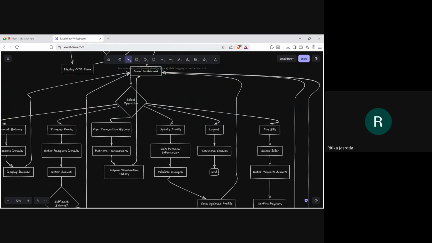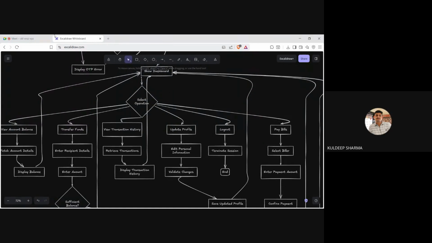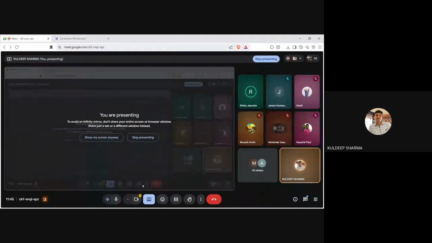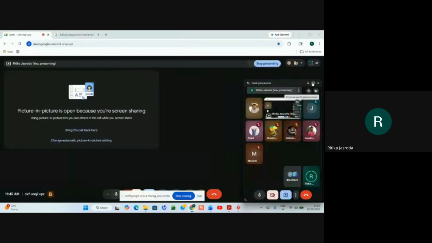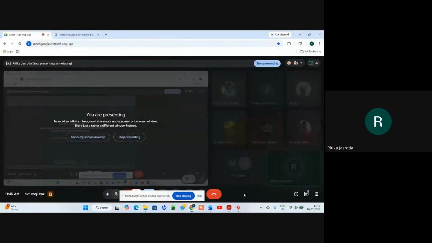It is perfectly fine. So I'm closing my screen share. So that is a perfect way of what you are showing.